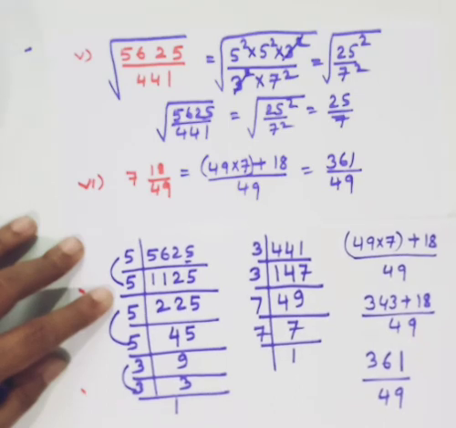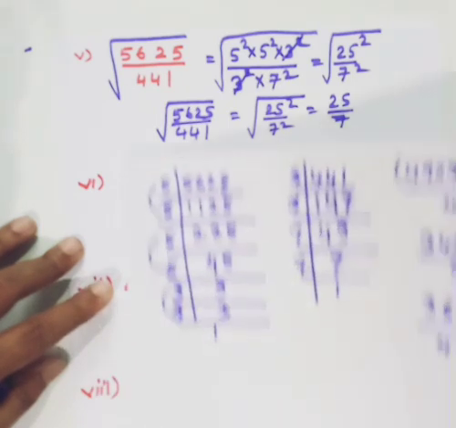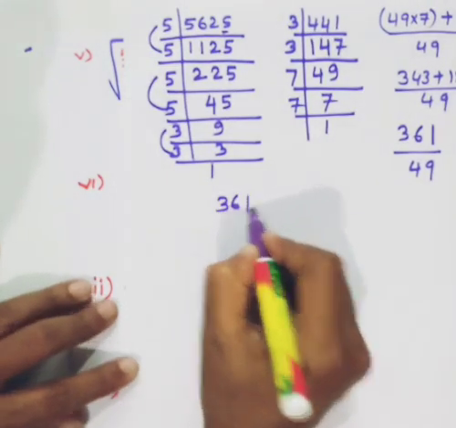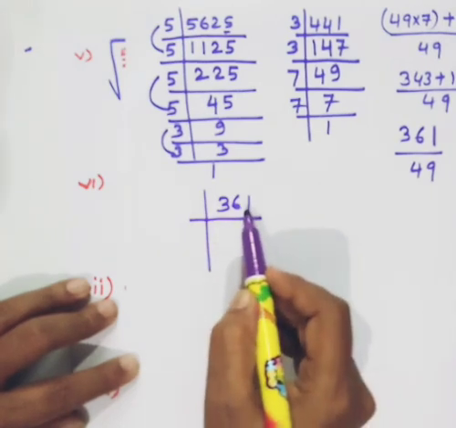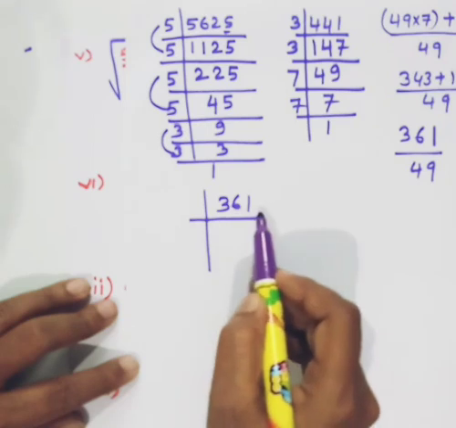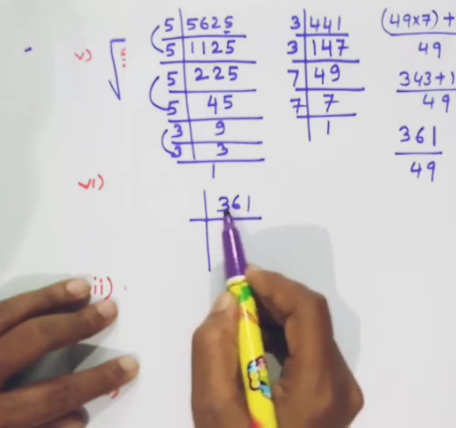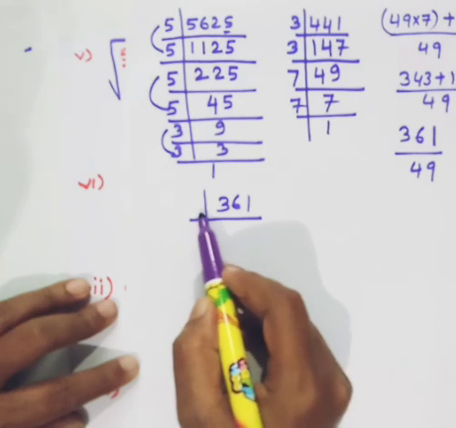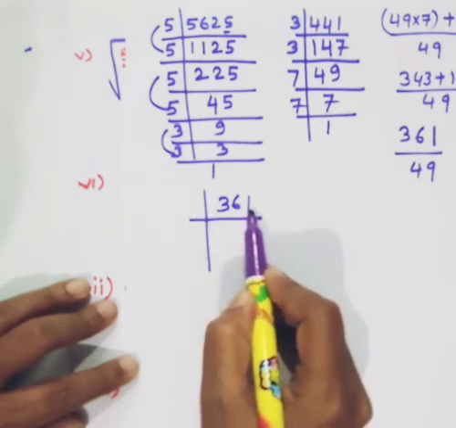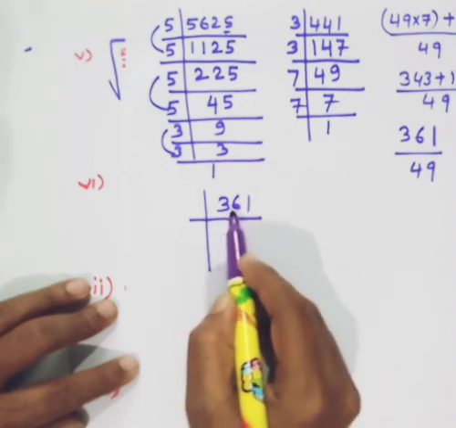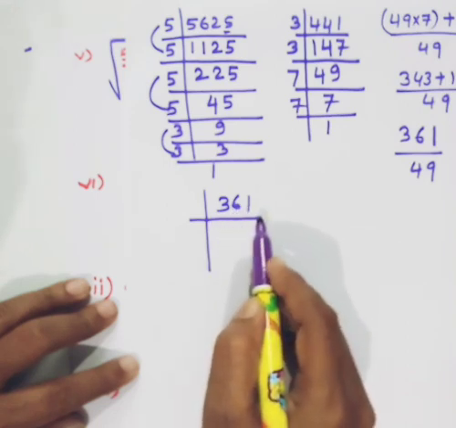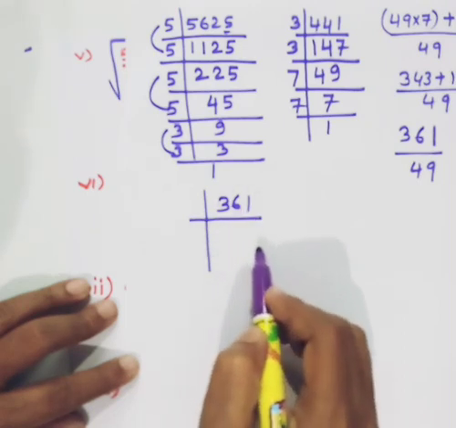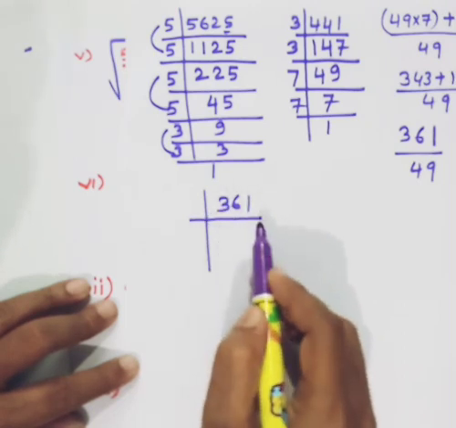361 is 19 square. This I have told you just now, but still again I will show you. See, 361, and if you want to factorize, you will see that it is not an even number. So 2 is not a factor. 6 and 1 is 7, 7 plus 3 is 10, so 3 is also not a factor. You can see that it ends with 1, so 5 is also not a factor. For 7, 7 fours are 28, 7 fives are 35, and 11 left. So 7 is also not a factor. Now this particular method by which we are factorizing is not working here.